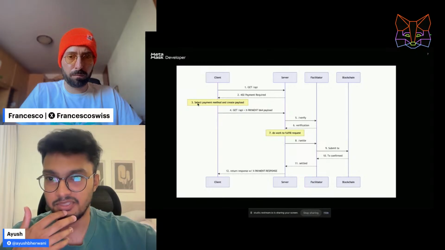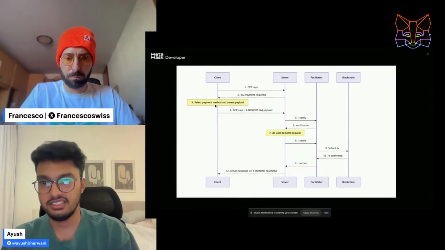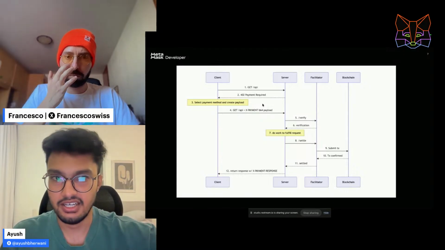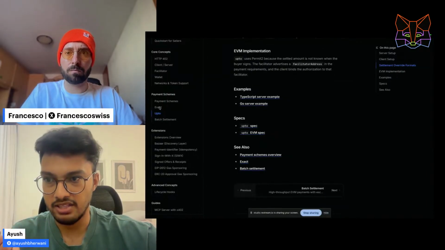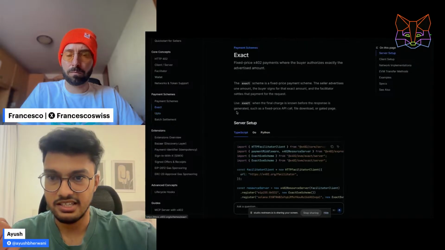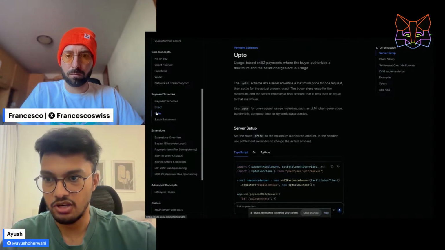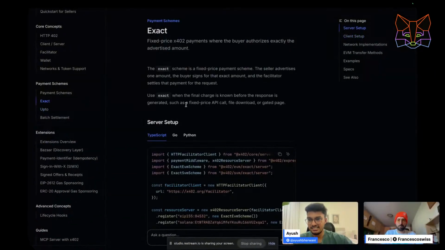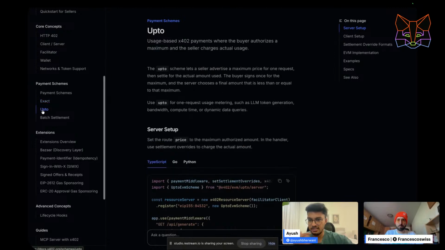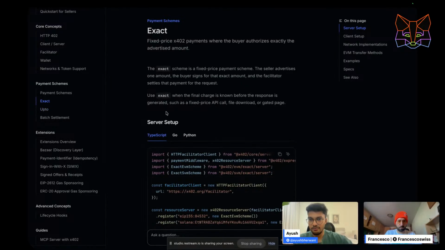And now here we see the select payment method, right? What we mean by payment method is that in x402 there are different kinds of schemes, and you can go through those payment schemes here. There is one scheme called the exact scheme, and one called the up to scheme, and both have different use cases. In the exact scheme you want to pay the exact amount, and in the up to scheme you want to pay up to a maximum amount. For example, if you want to give permission to use $10 to the facilitator, you can use the up to scheme. And if you want to do one-off payments, you can use the exact scheme, right?